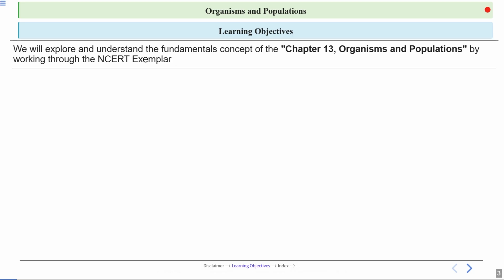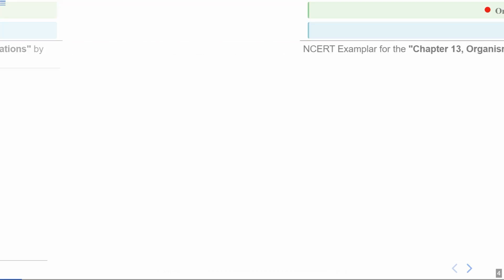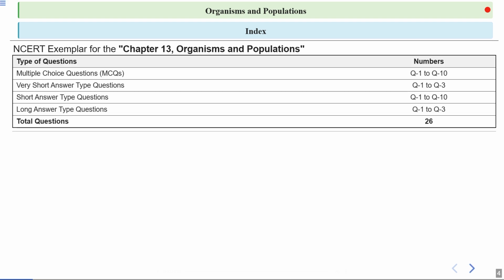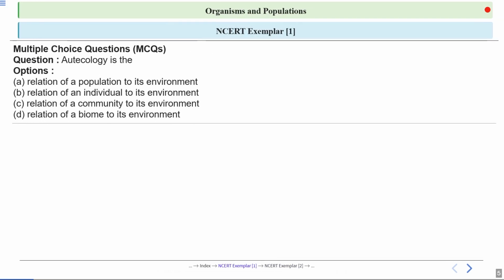Okay, so these questions are based on certain concepts. We will discuss these concepts by working through NCERT Exemplar questions. These questions have been divided into the following categories: multiple choice questions, very short answer type questions, short answer type questions, and long answer type questions. So let's begin with the multiple choice questions. The first question is